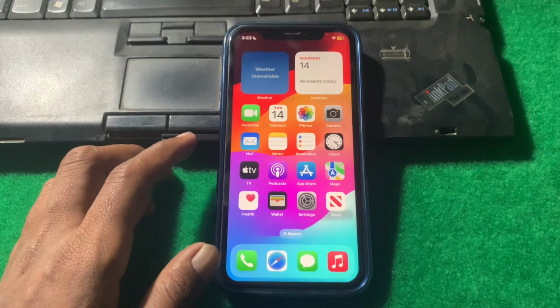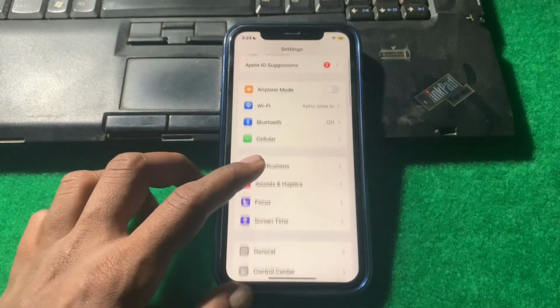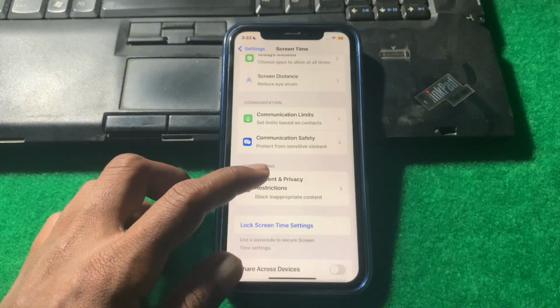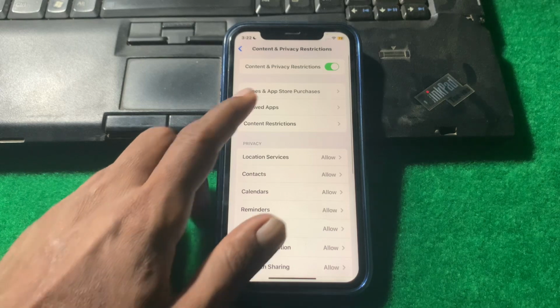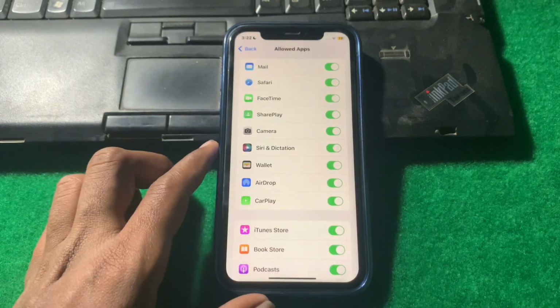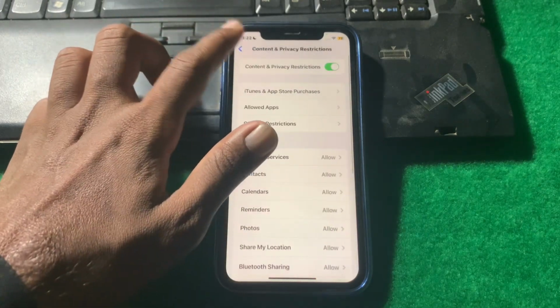If it is still not working guys, then what you need to do, you have to just simply open settings again, tap on Screen Time, scroll it below, tap on Content and Privacy Restrictions, tap on Allowed Apps and make sure that this toggle is enabled. And after that guys, simply go back,